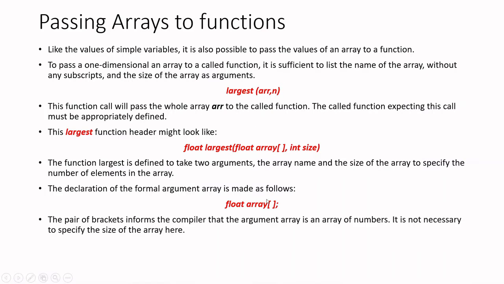We need not specify the size of the array in the function declaration. When you give the variable name, make sure that you give only an identifier, and if you get confused whether it is a keyword or not, then better avoid it. So give names like ARR, etc. Don't give array names like int, because if you accidentally use a keyword as an identifier, it will be an error. So make sure that when you use an identifier, it is not a keyword.